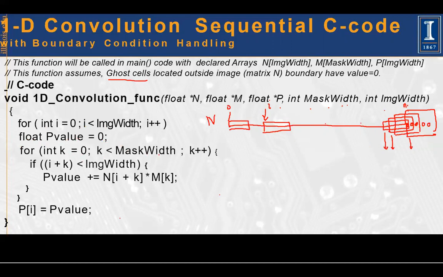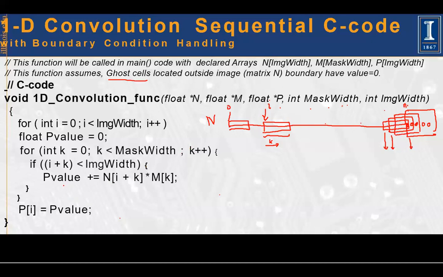And then I use the inner loop. The inner loop is for carrying out the dot product of the 5 elements of my mask with the 5 elements of n. I use the index k here. This is I, and I am sliding. I am calculating this dot product with the index k. The size of this loop should be from 0 to mask width minus 1. This is the size of this loop.